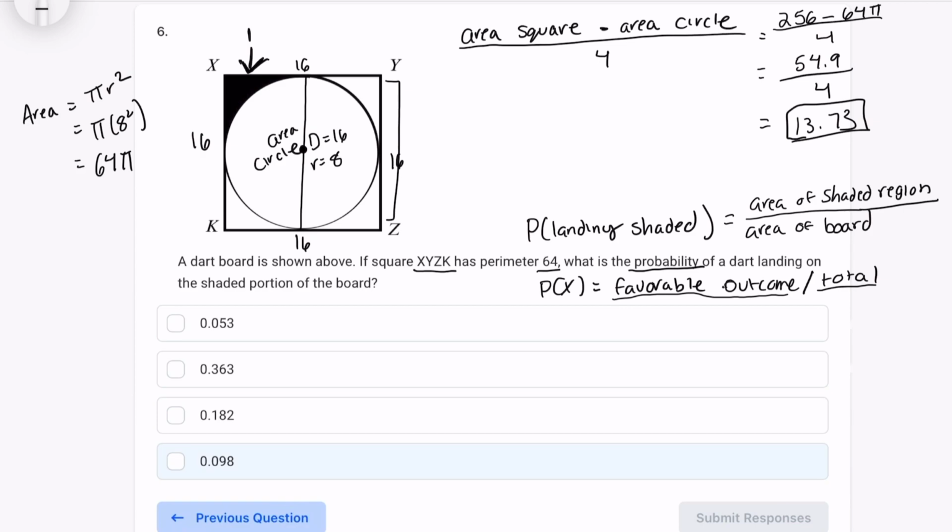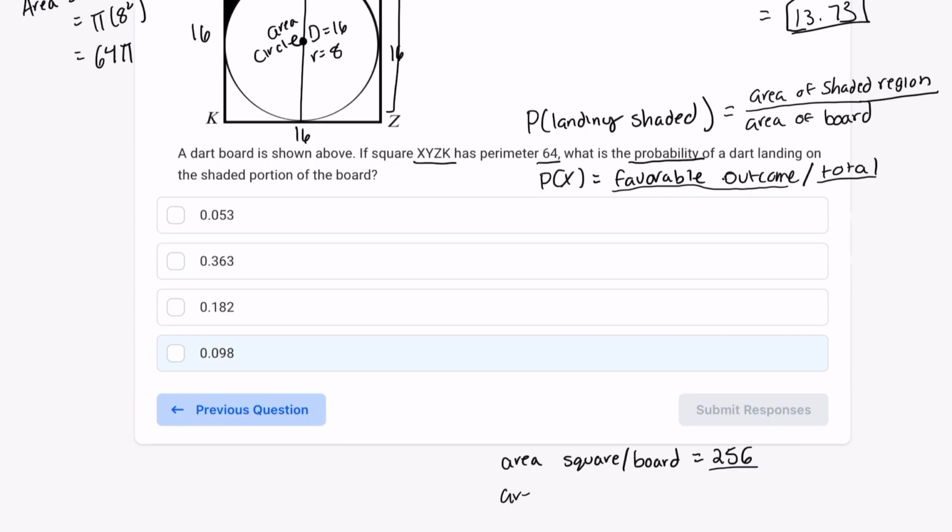Which tells us what? 13.73 is not our final answer. That just tells us the area of this little shaded region here, which we need. So the area of the shaded region